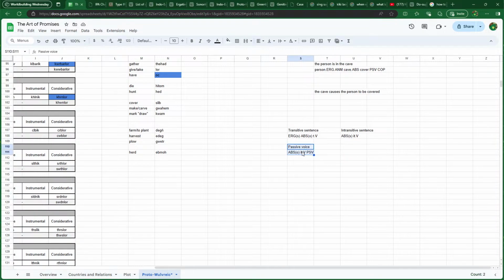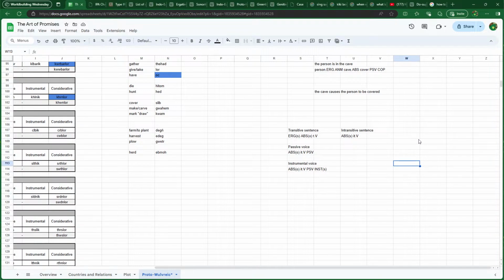A sentence in the passive voice can then become a transitive sentence again. So, I will call this the instrumental voice. So we have the absolutive, still the object, the intransitive verb, the passive marker, and then we have the original subject, but it's the instrumental. So basically,